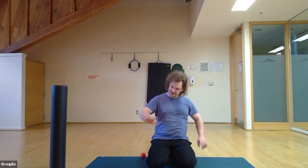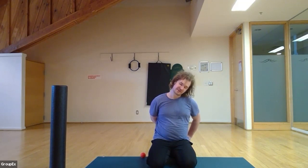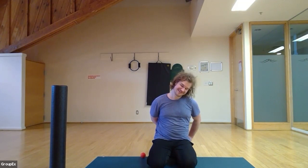Other side. So now my right hand is going towards my left. My head's going towards my left as well. In about 25, 30 seconds here. It's also good if you're doing some desk work. It's good just to help release the neck in general. Just open up your posture. Good. 10 seconds left. 10, 9,